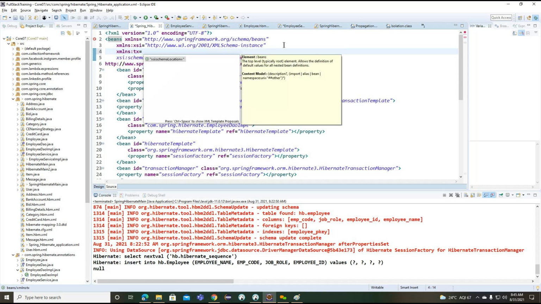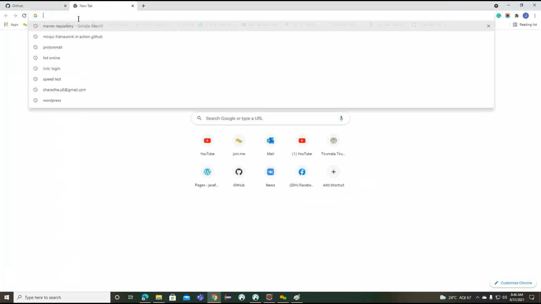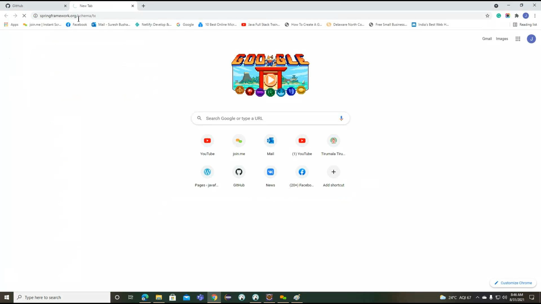tx equals to, and here we can provide the tx. So we'll see whether this tx is getting the data or not. How can we understand that?